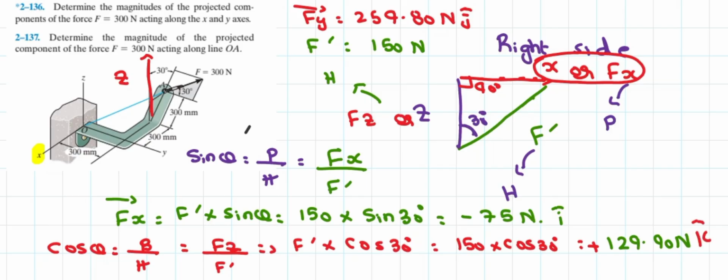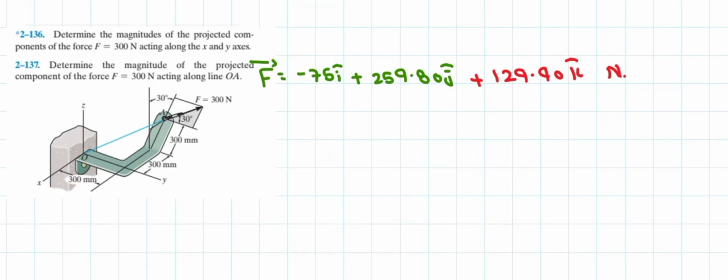Therefore, we successfully find out the Cartesian form, or the vectorial form, of the force F. Let me erase some extra things from here. Now this is the Cartesian form or the vectorial form of the force F, which is equal to 300 Newton. But what about its magnitudes acting along the x and y axes? So this I cap and this negative sign, what does the I cap represent here?